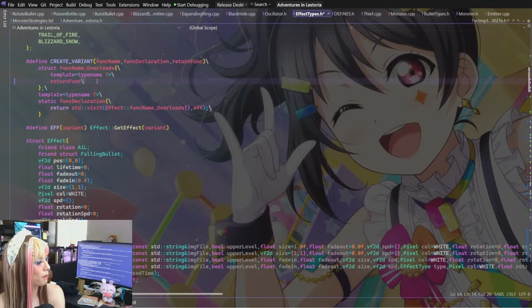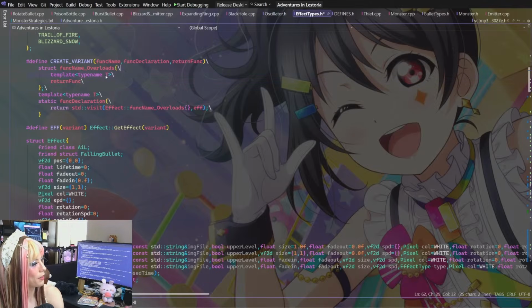It's like it's just not matching it. I think the struct has to be templated too. Like, maybe I have to do this.